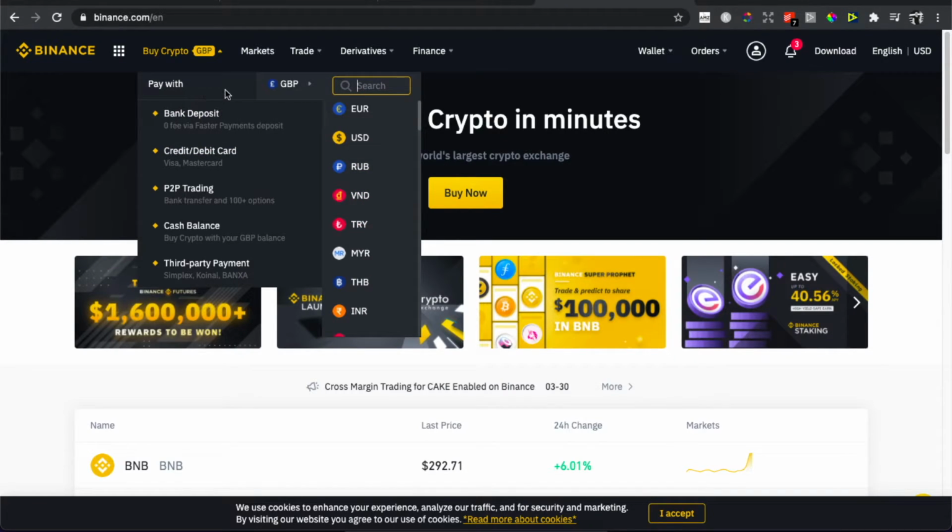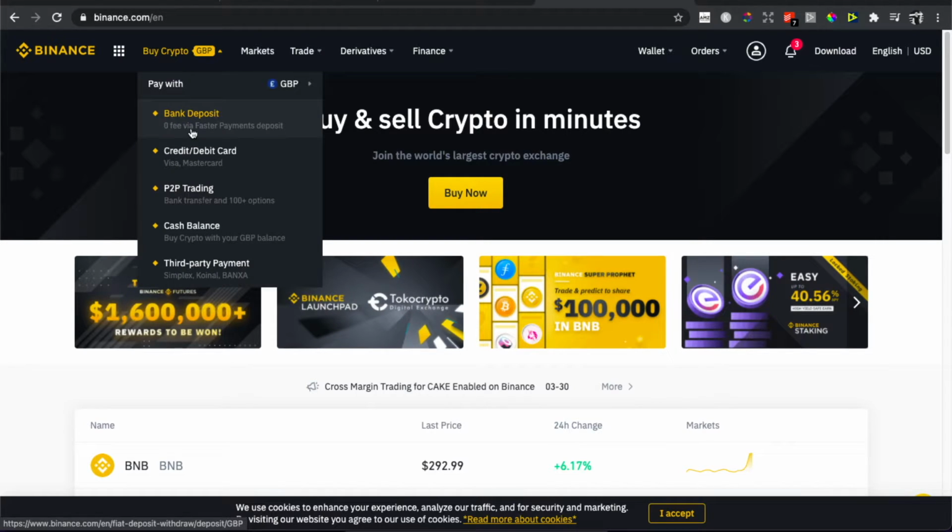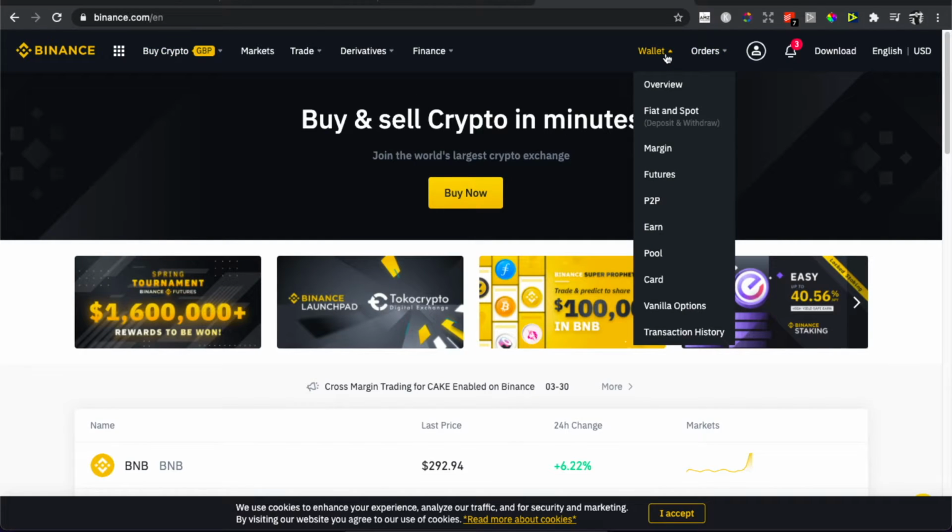And then you need to deposit money to Binance. So for example, I want to deposit British pound, and then you need to select via bank deposit, credit or debit card, P2P trading, cash balance, or third-party payments. So select whatever fits you the most. And once you deposit money to Binance, let's say British pound, you need to go to Wallet,